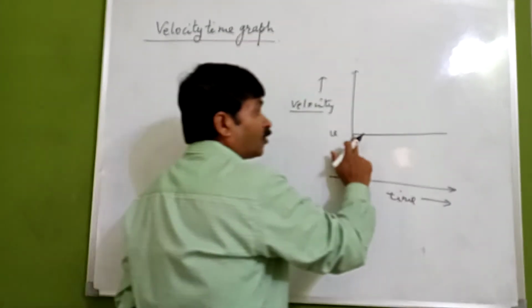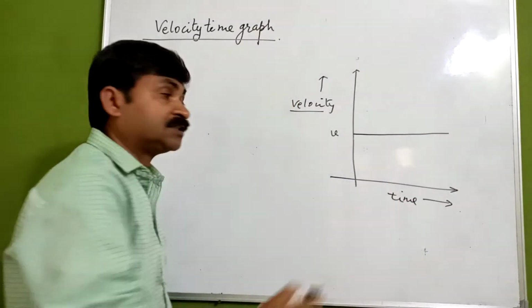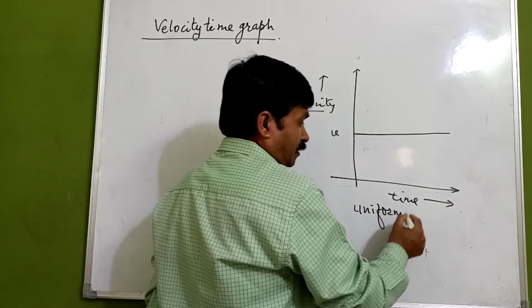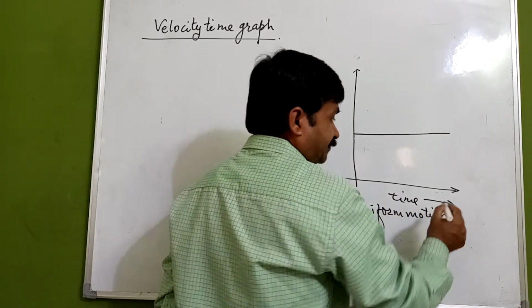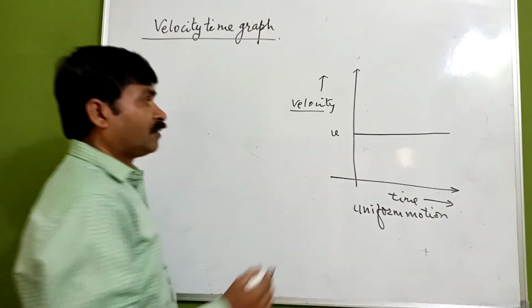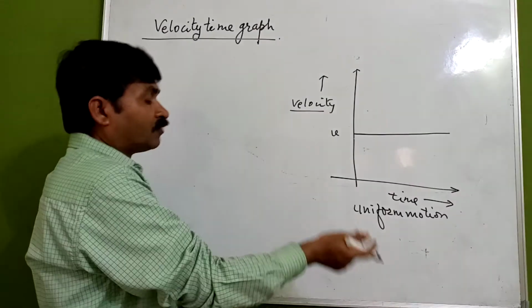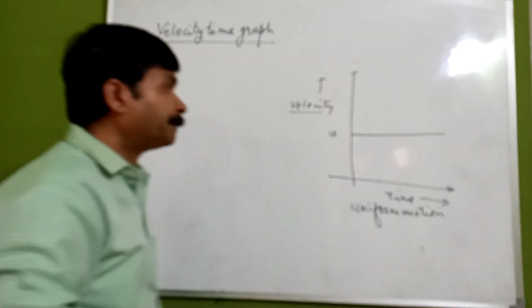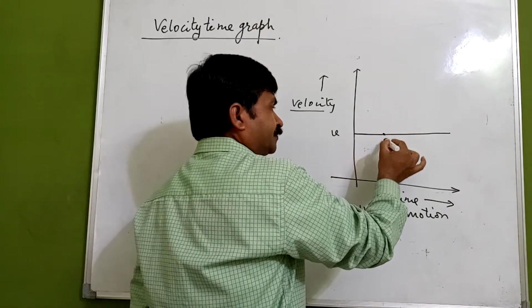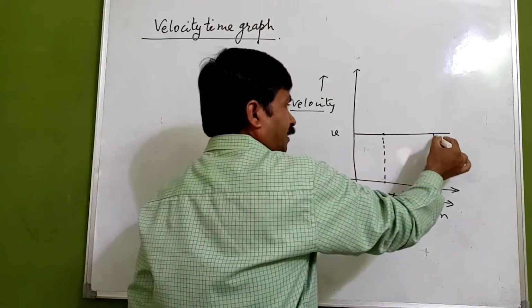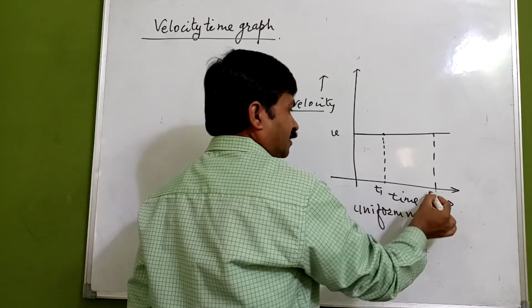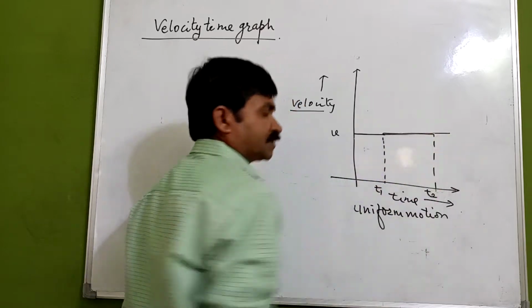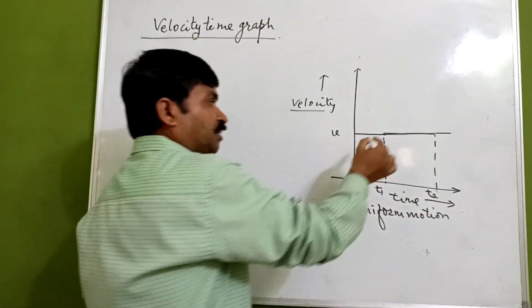यहाँ पे हम देखें कि वेलोसिटी में कोई चेंज नहीं हो रहा है विद रिस्पेक्ट टू टाइम. ये यूनिफॉर्म मोशन को रिप्रेजेंट कर रहा है. ठीक है. अब यूनिफॉर्म मोशन को रिप्रेजेंट कर रहा है तो वेलोसिटी तो कांस्टेंट हो गई एक तरह से, है ना. अब यहाँ पे यदि मैं एक पॉइंट ले लूँ, if I am taking a point over here and another point over here, say it is T1, say it is T2, and say there is the same velocity. There is no change in velocity.